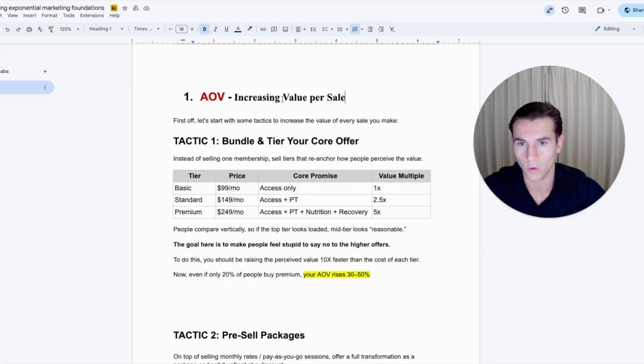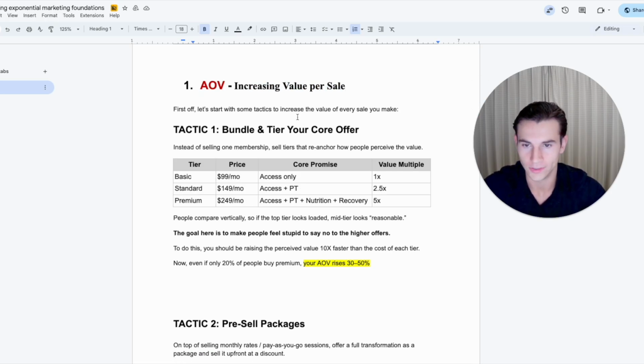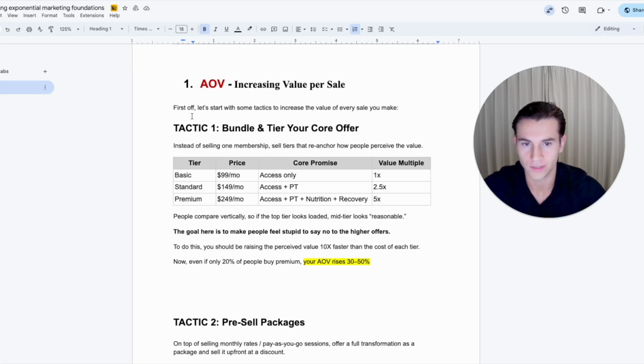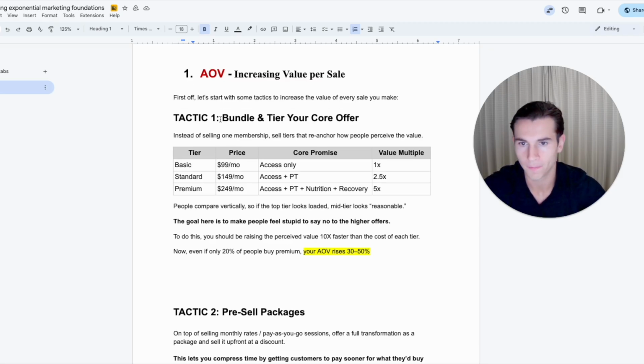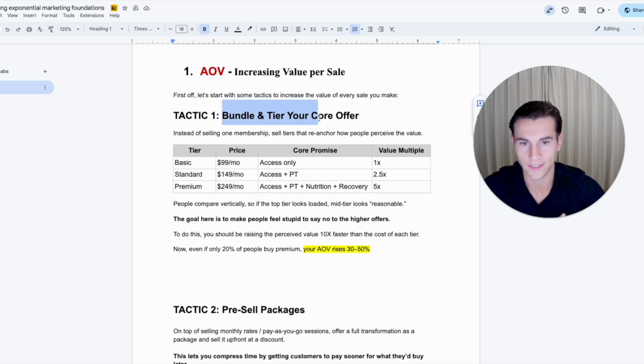There's really only one strategy to do this. It's pretty straightforward. You just have to increase your prices. So to increase the value per sale, you just have to increase the amount of money you're charging, which is the first thing you have to understand. Pretty simple. But how do you do that in the most effective way so that people don't feel ripped off, where you're still providing good value for them? This is where you can simply get into bundling.